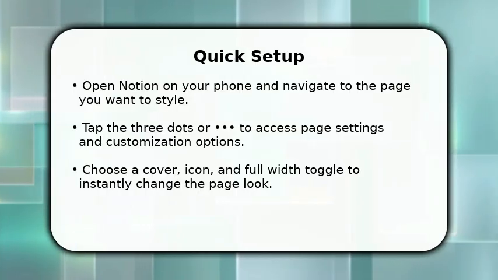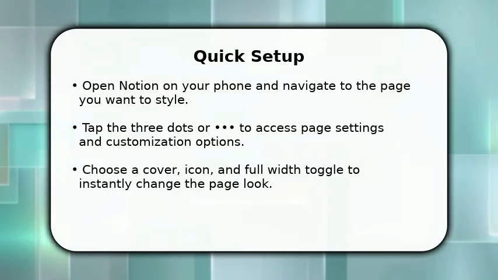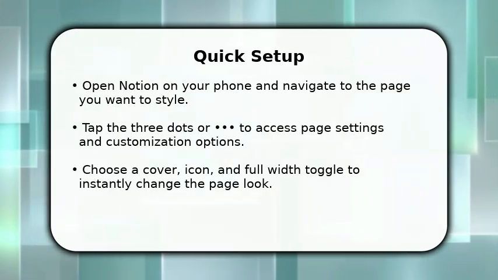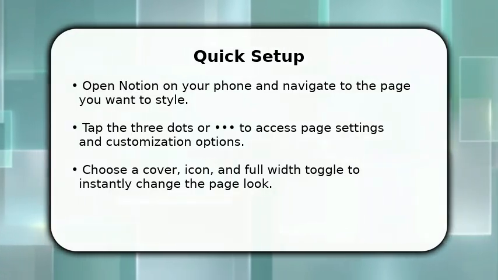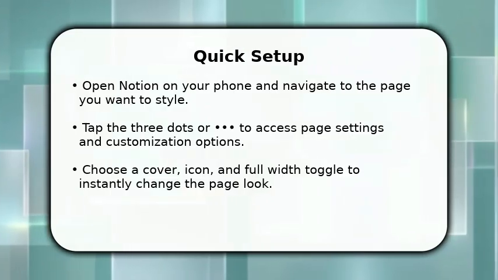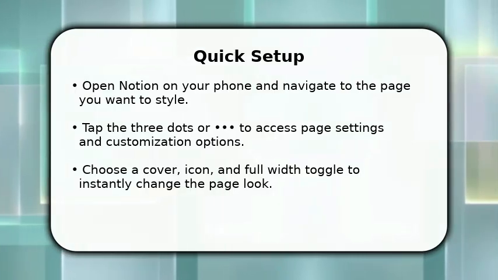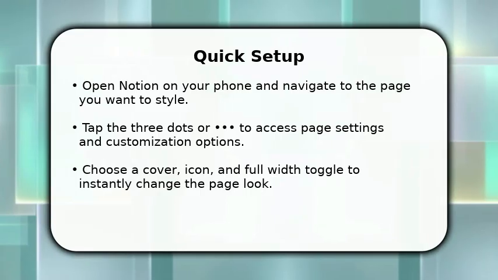Open Notion, pick the page to tweak, then tap the three dots to enter page settings. First, change the cover and icon for immediate personality, then enable full width and adjust text size. Swap the default font for a serif or mono look, and finally arrange blocks into columns and add colored dividers